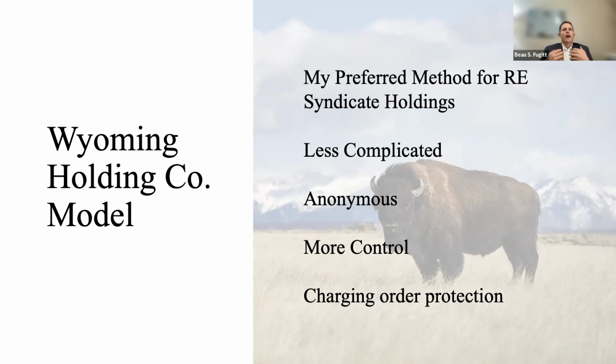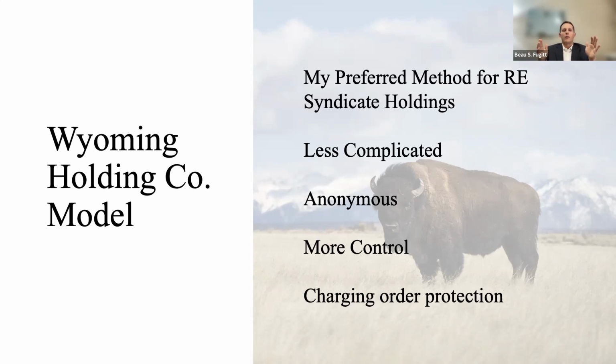So if I own a Wyoming LLC and I get sued and someone gets a charging order against me, that's their legal remedy, then they have the right to receive all the distributions that I make. But I, as the manager or whatever the management entity, have control over whether or not to make distributions. So that's fine. You have a judgment against me, but you're never going to get paid because I'm never going to make distributions. Going back now to the litigator's point of view, right? The litigator is wondering how they're going to get paid too.